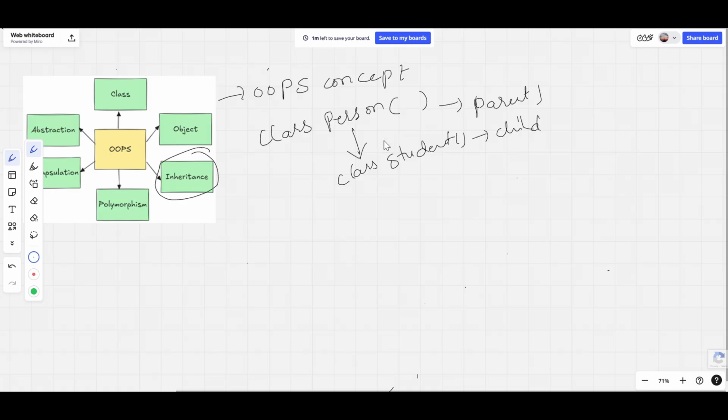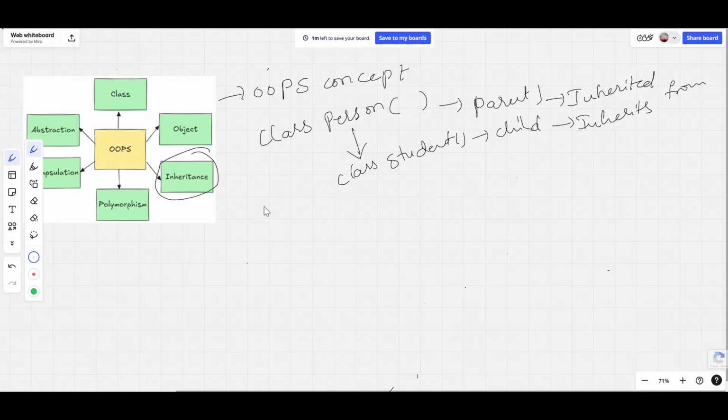That is what inheritance means. The parent class is the class being inherited from, where we are taking the properties, and the class that inherits is the child class.